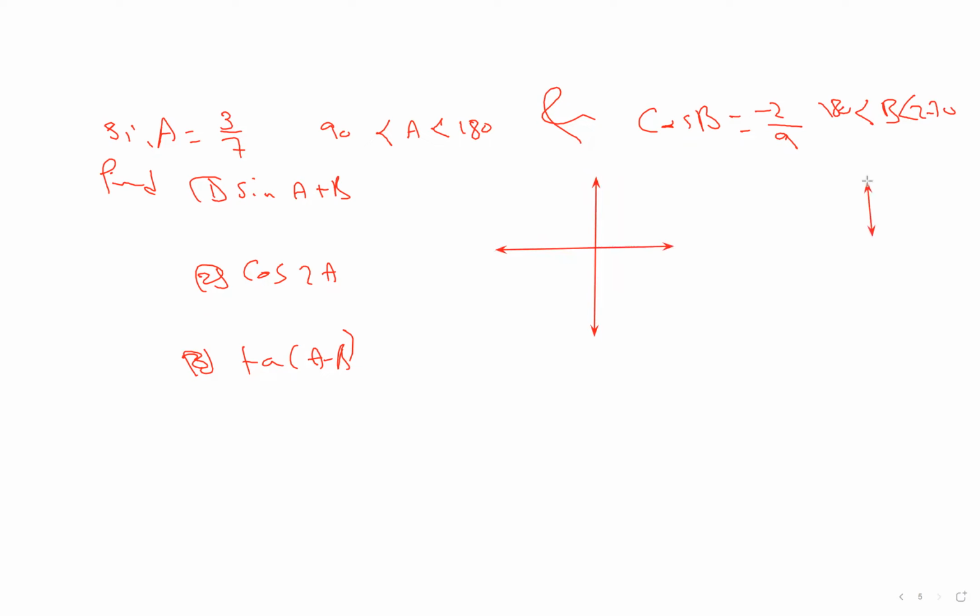Graph a triangle in the second quadrant, and this angle will be A. And you have the sine is 3 over 7. So the 3 and this 7, and from the Pythagorean theorem, you can find the third side,